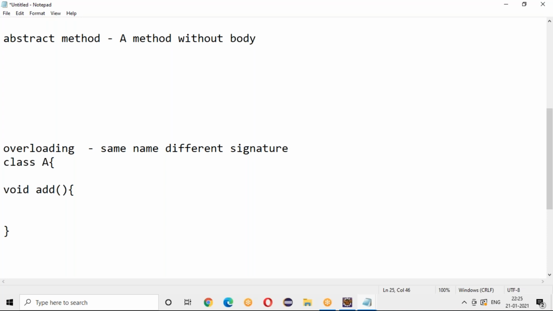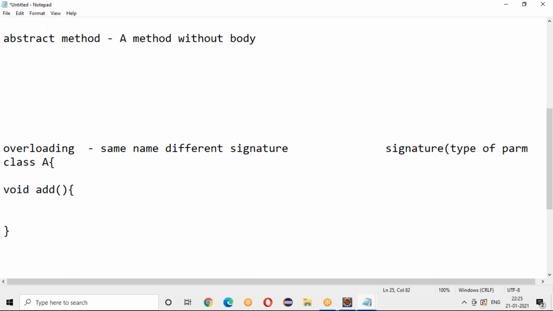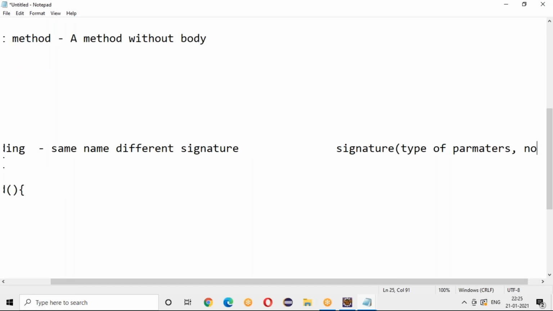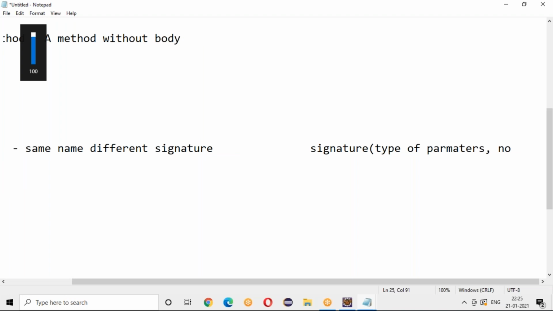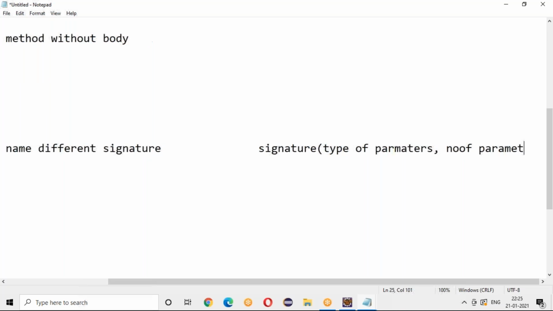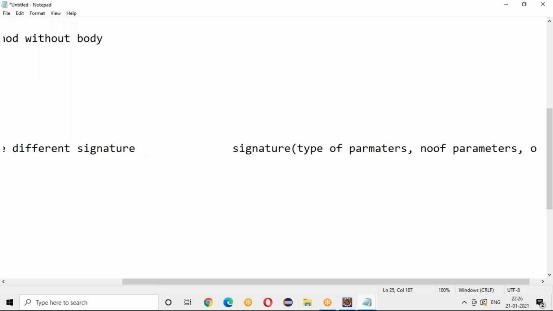Here your signature may be the type of parameters, or the number of parameters, or the order of parameters.